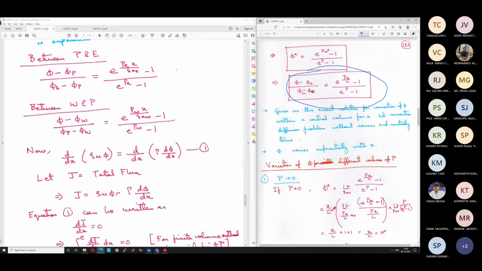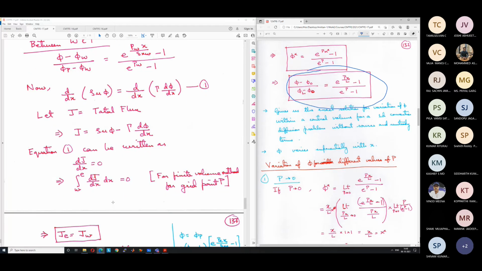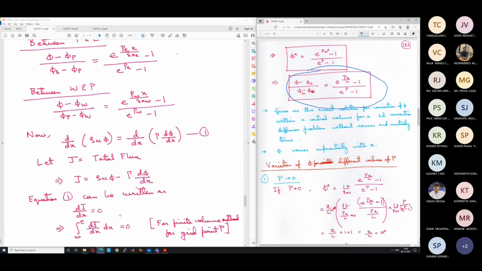Minus gamma d phi dx is like minus k dt dx, like the conductive flux. Okay, like minus k dt dx, everybody knows it's the conduction, the heat flux. So similarly, gamma d phi dx. Okay. So rho u phi is the advective flux, minus gamma d phi dx is the diffusive flux. The total flux is rho u phi minus gamma d phi dx. Okay. So we can write this equation in terms of the total flux as dj dx equal to 0. If you take this to the left hand side, it becomes dj dx equal to 0. Okay. In a simplified form.